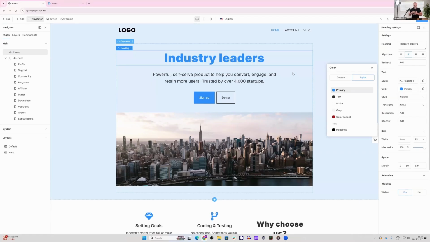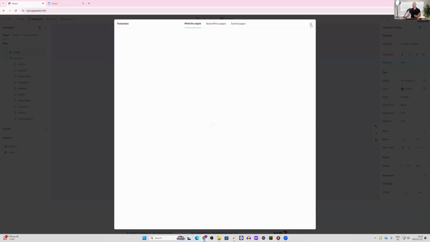Now, this is going to be really useful. It's going to be a massive time saver. It's going to allow you to create much more consistent websites. But the place that it really is going to be great is when you apply templates. Because again, as a non-designer, you don't necessarily want to have to go through and set all of that stuff up. So the way that this is going to work is you'll be able to apply your page templates or